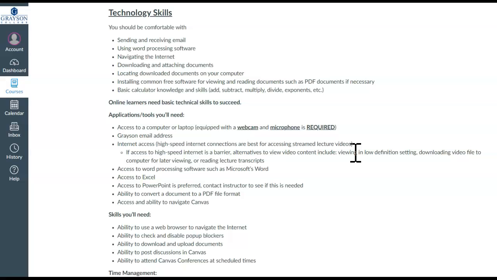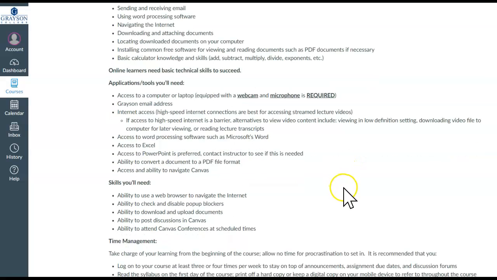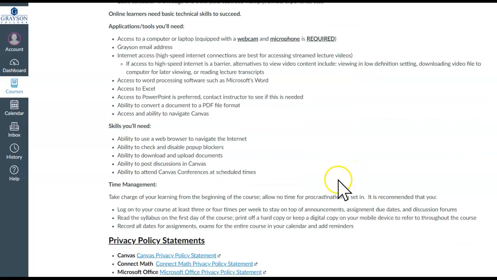You do need to know how to upload a file, work with PowerPoint, work with Word. If you don't know how to work with PowerPoint or something, that's okay. We can work with that. But uploading a basic document, that type of thing,